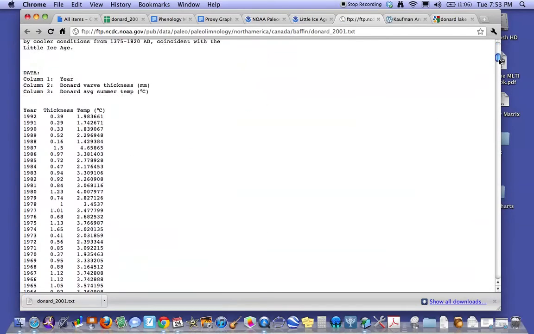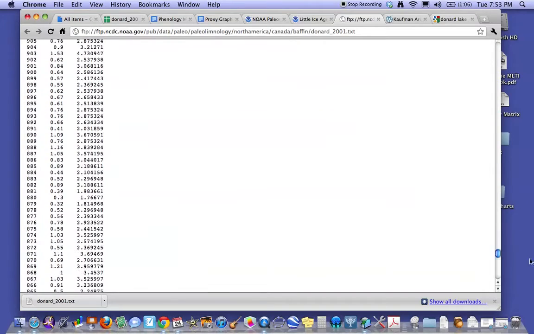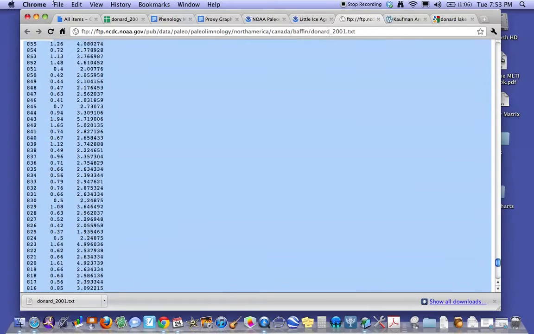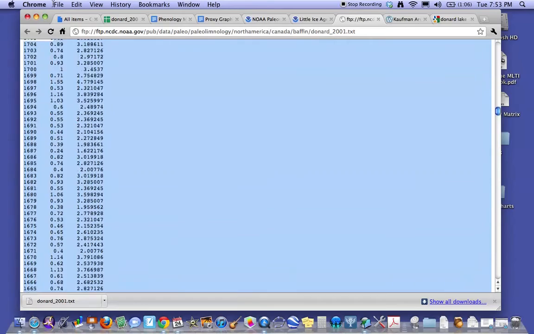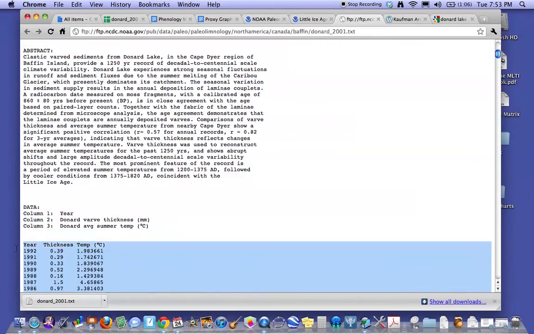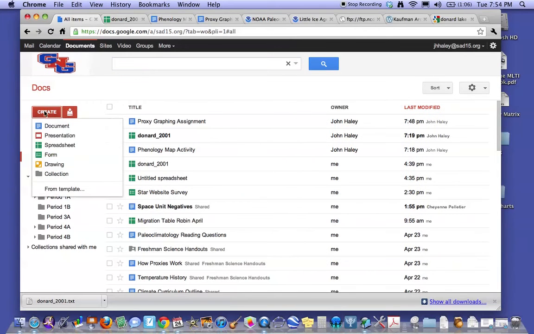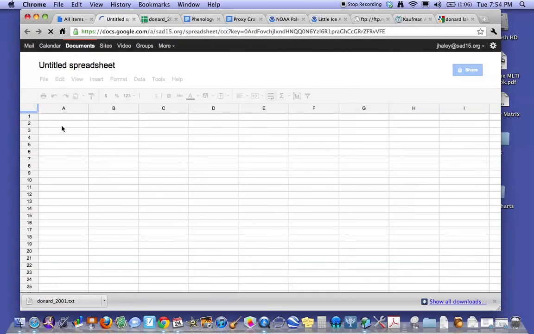So that gives me a huge text document, and I can try to get this data in a couple different ways. One, I can highlight all the data. These are all years going way back into the past. And copy that into a Google spreadsheet. So I just go to Google and create a spreadsheet, and